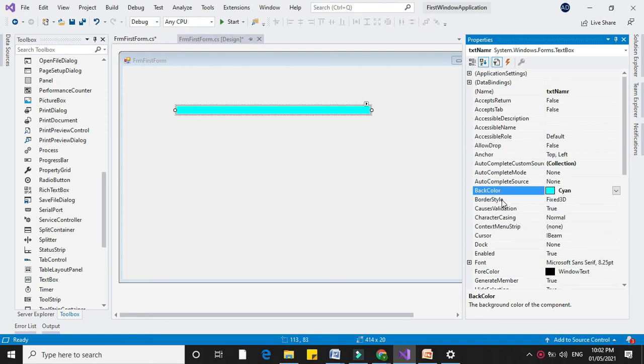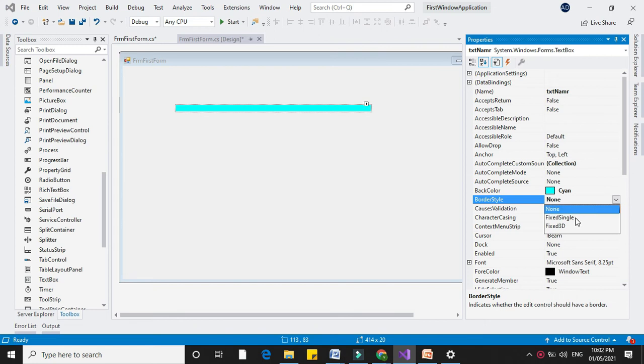Next is border style. Border style property is used to set the border style of a control. If I set none, it will remove the border. Then fixed single or fixed 3D.